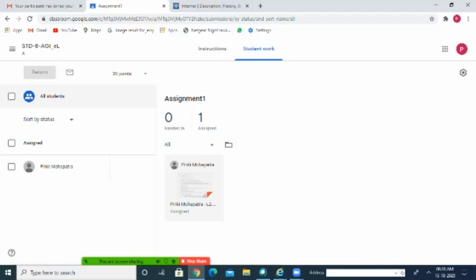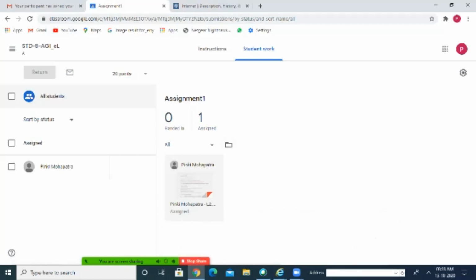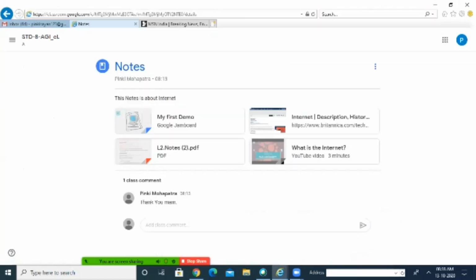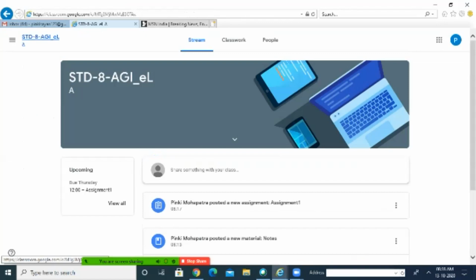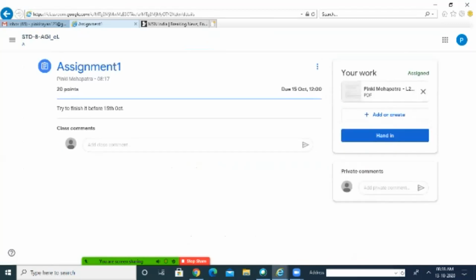In this tab I am working as a teacher. In the Internet Explorer tab I am working as a student. So now let us see whether the students got this or not. So I am going to Internet Explorer to show this. Now we will see whether the students got it or not. Okay, you can see I have posted an assignment. The students are getting the message. Now what will the student do? The student will see this assignment.